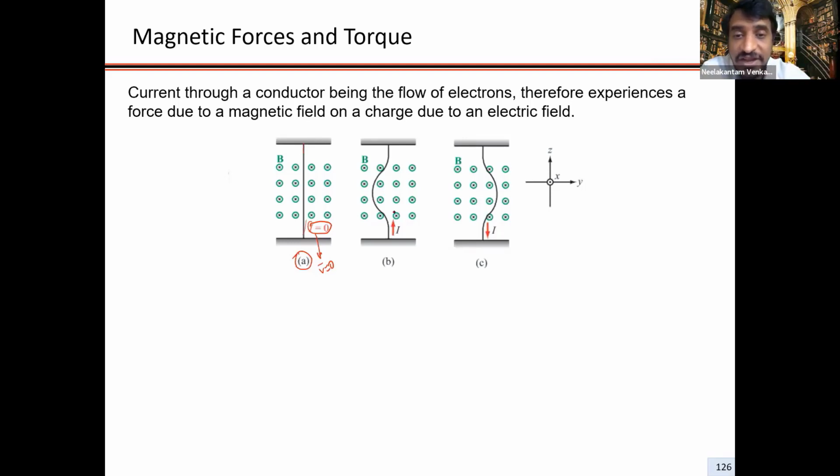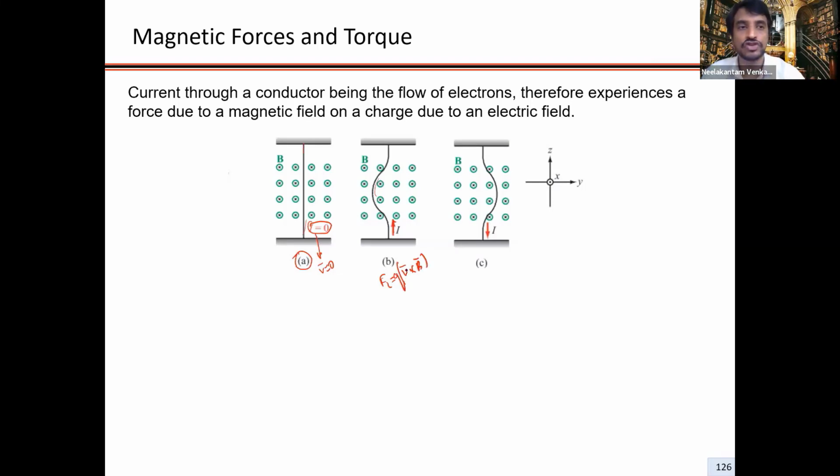If in this case the current is going like this, that means the positive charge is going up. It's the Q that is going up, plus Q. The electrons are going in the down direction. If it's plus Q, it's Q cross B. The B field is going in. Then the force that I'm going to experience, FL, is going to be simply V cross B in a